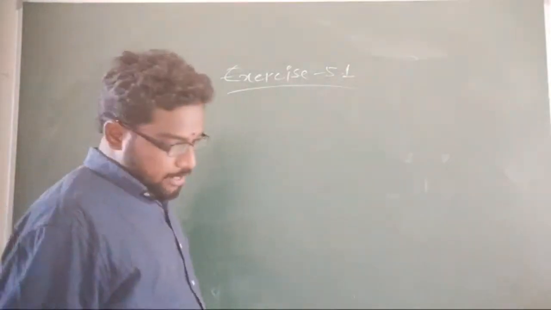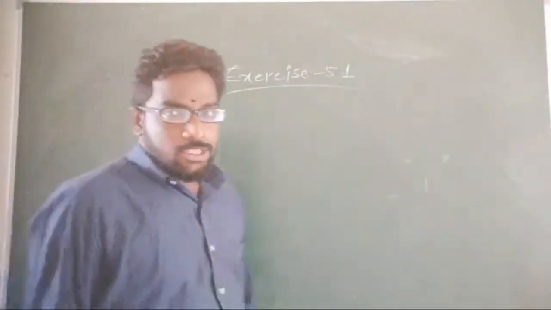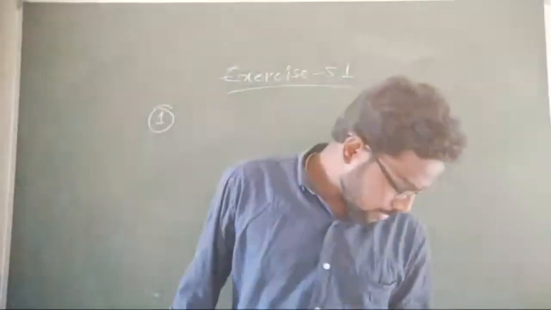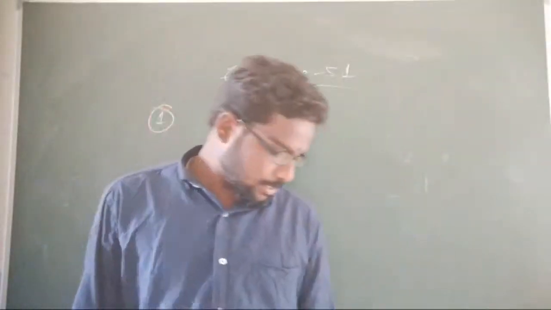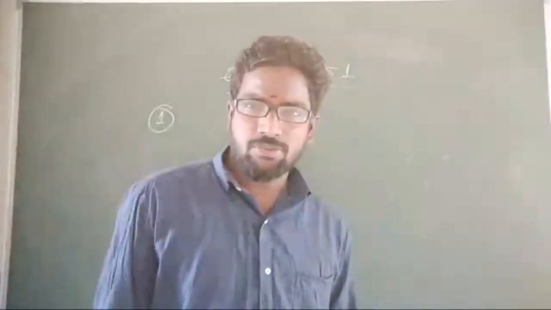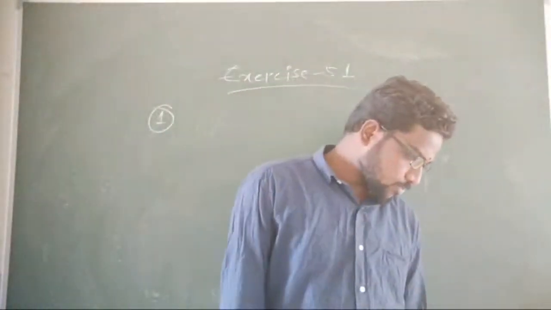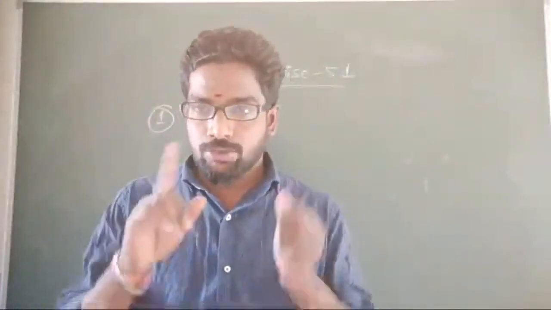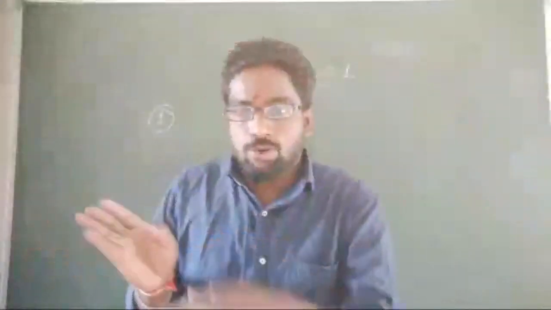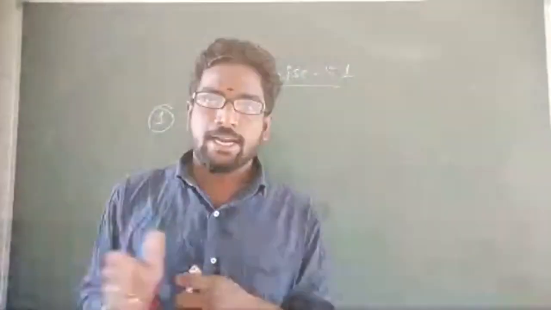Exercise 5.1. The first problem. Ayesha Tabassum, you will understand those problems. See page number 62. In some new books, maybe 64 or 63, I think. The first problem: give 5 examples of line segments observed in your classroom. If you look at your classroom, or in your home, if you look at your bedroom, how many line segments are there? Is there anything that looks like a line segment? Just say it right now.